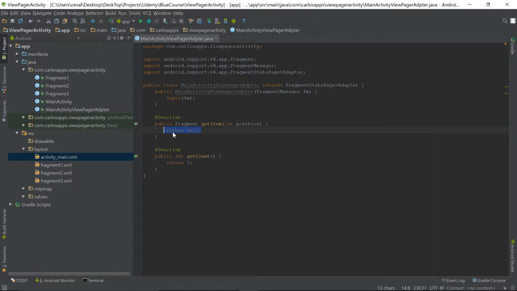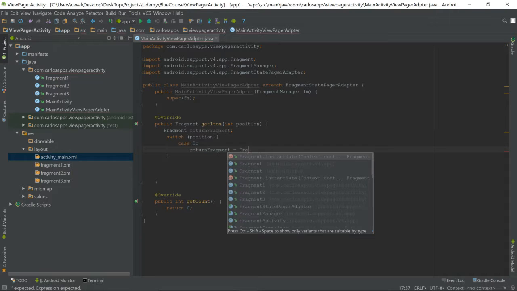So we're gonna do this by using a switch case. So first of all, let's just define a fragment here, and we're just gonna call this one return fragment. Okay. Now for our switch case, so just switch position, and then if case is 0, that means we're in our first little page here. We're going to say return fragments, oops, try it again. That's going to be equal to our fragment1